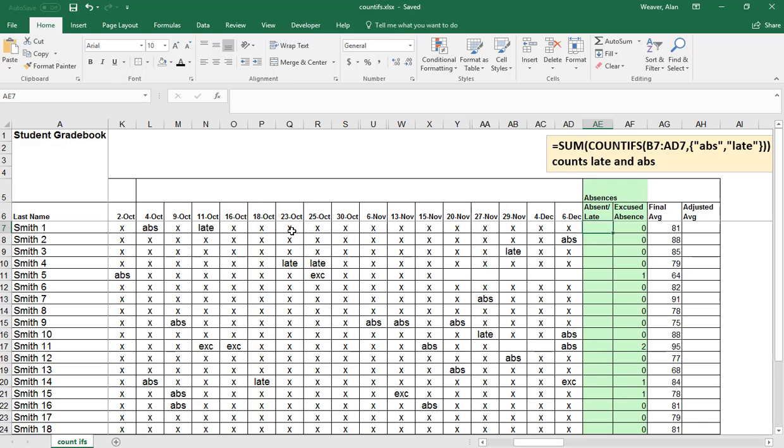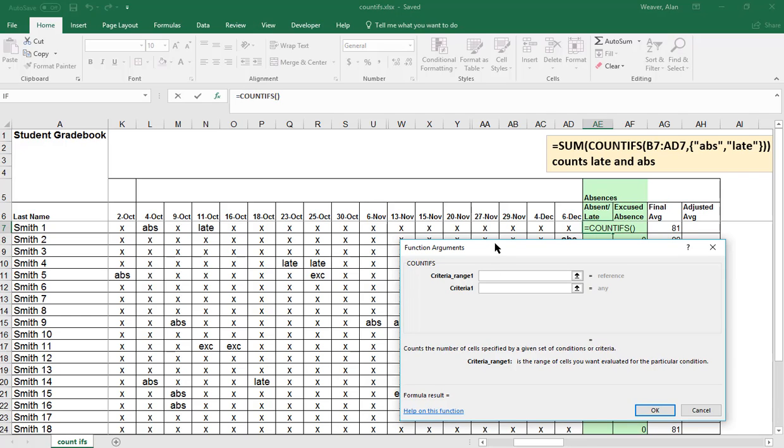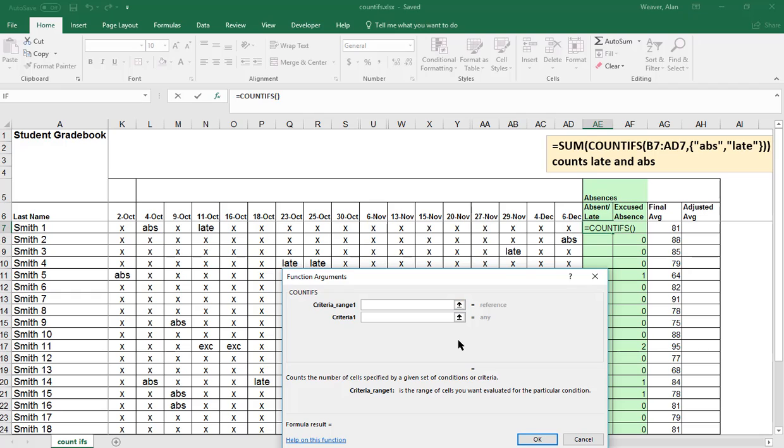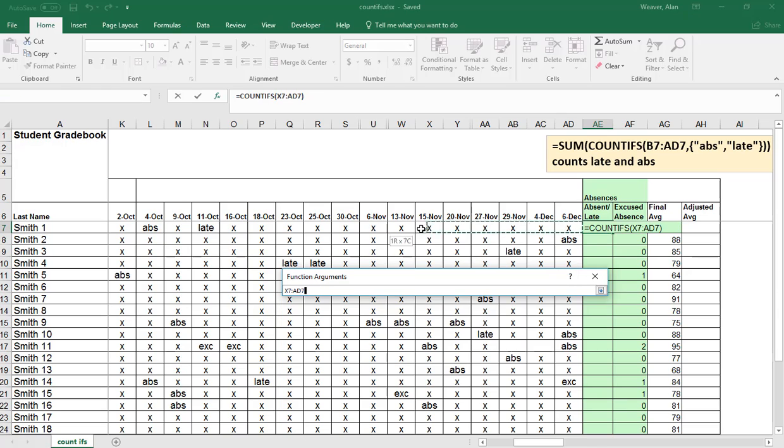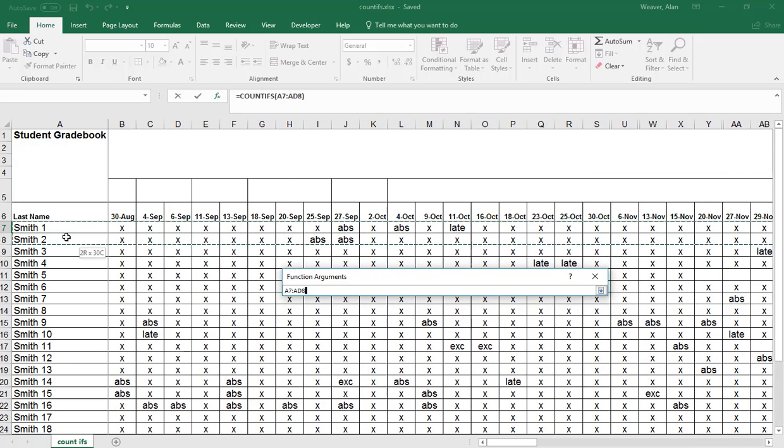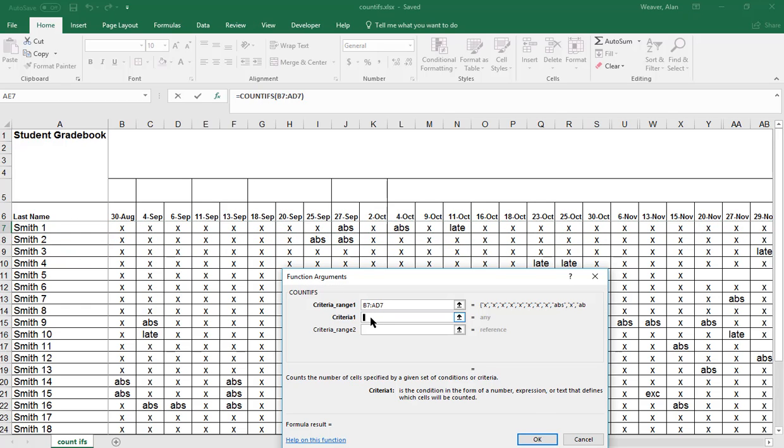You can use this for other criteria too. I could do the COUNTIFS, and I'll type in equals COUNTIFS and a parenthesis, Control A, displays it here. This doesn't always work, okay? If I just want to do one criteria, this is great. So I'm going to do the criteria range here from these dates here. Drag all the way over. And then I want to just say in here,